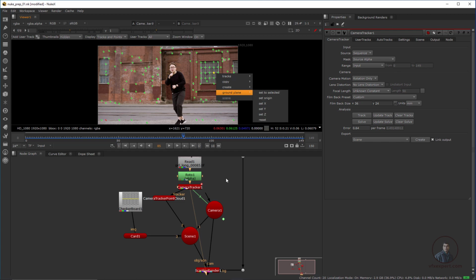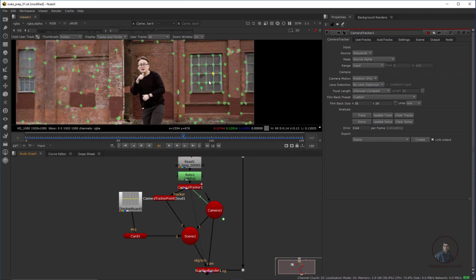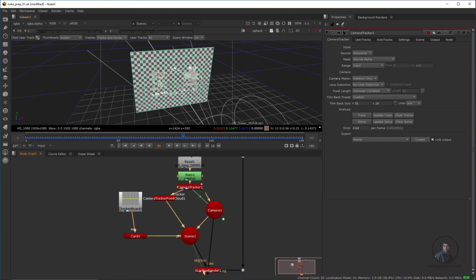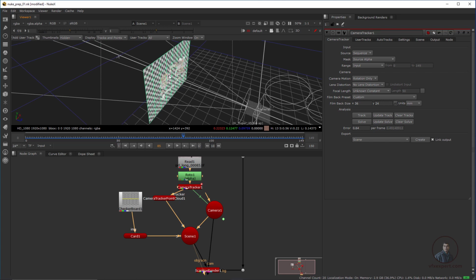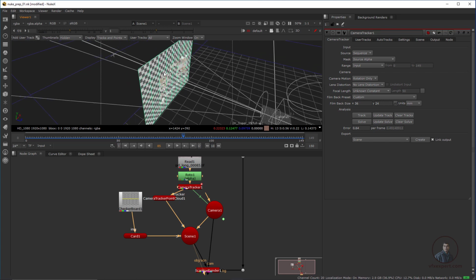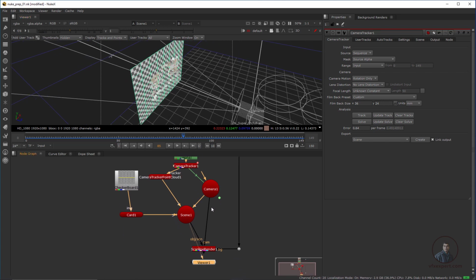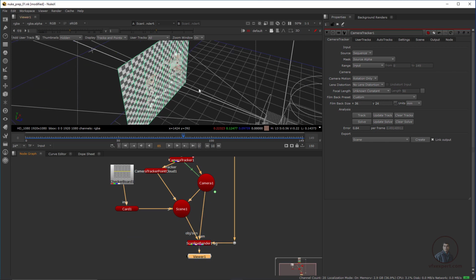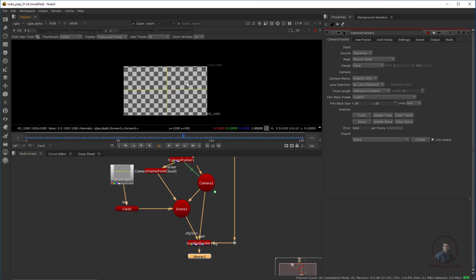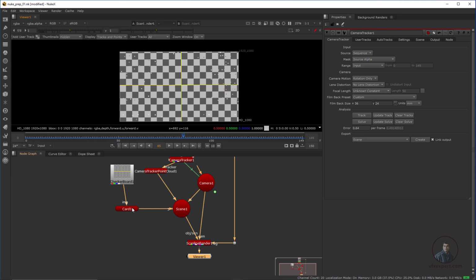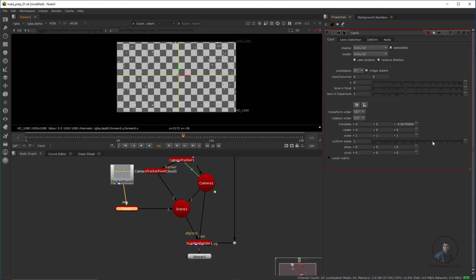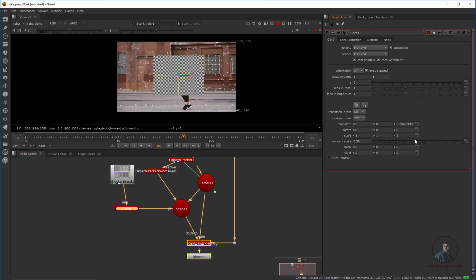So it will automatically create your card on top of these point positions, or you can select this scene and press 1 here. So it will automatically create your card on top of these locator positions. Now again select our scanline render, press 1 here and press tab again. Now we have to adjust our card, then double click here, so you can easily see this is our card, and adjust all these values here.